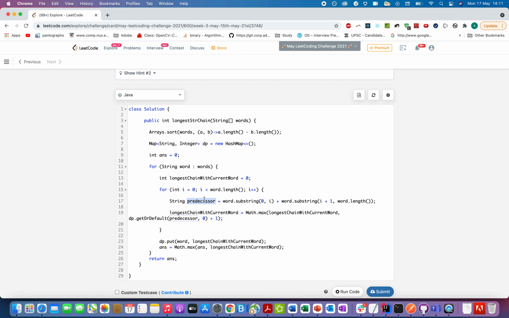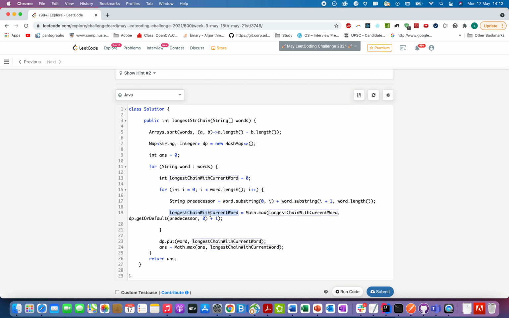So I generated the predecessor for each index with respect to i, and let's try and calculate the longest chain with current word, which will be equal to the maximum value, Math.max, of the existing longest chain with current word, and we'll extract the value from the map. If the value is there, we will use it and add 1 to it. If it's not there, we'll use 0 as default.